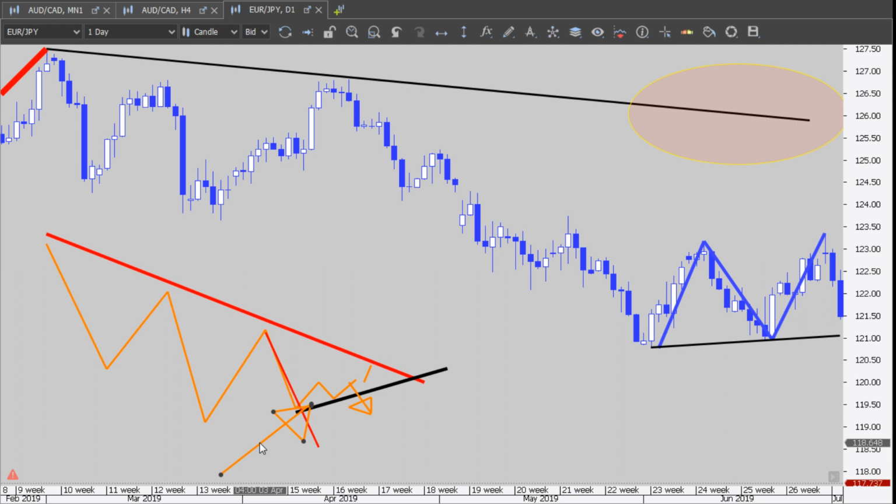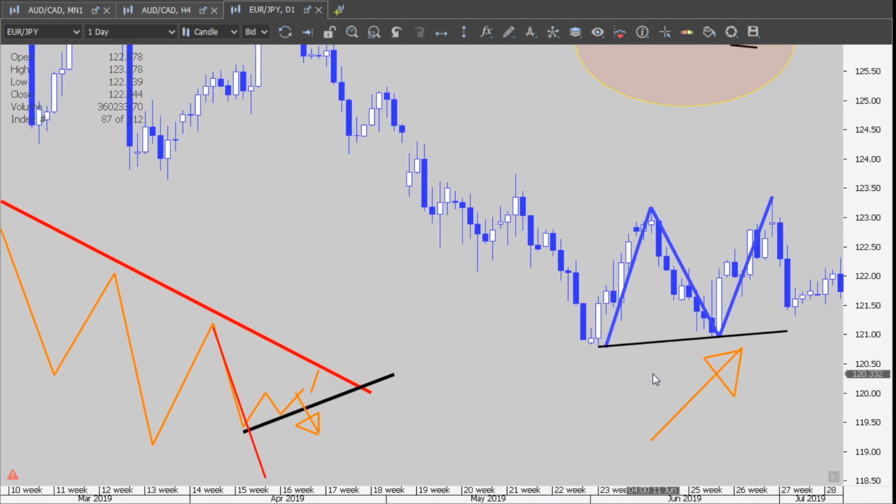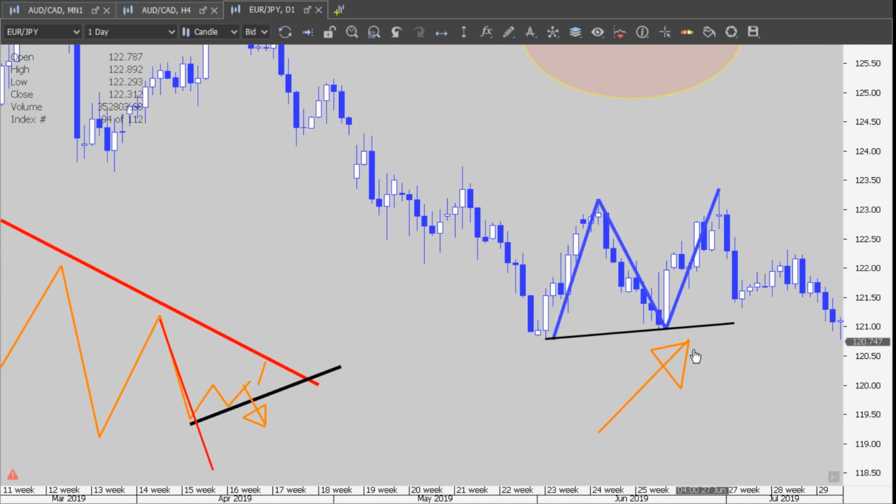Extension should be shorter than retracement? No, extension should be bigger than the retracement. Okay, so I don't know what is going to happen. Let's see. Bam! The market broke my